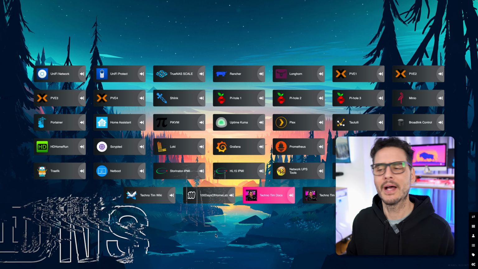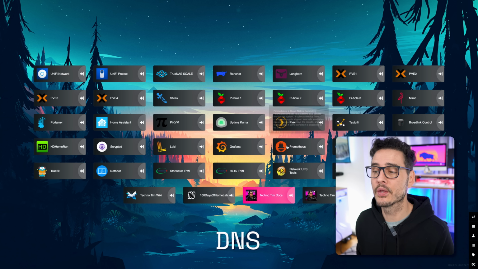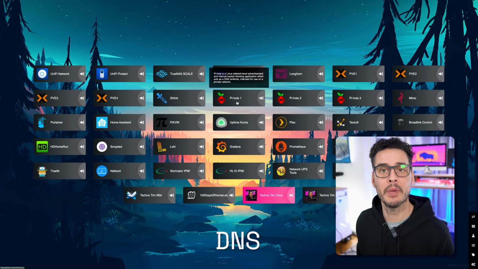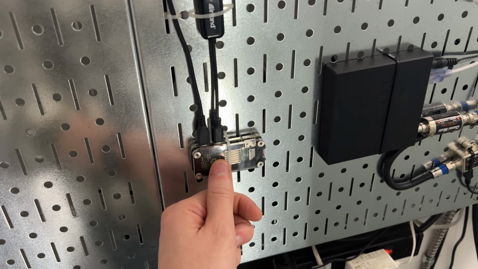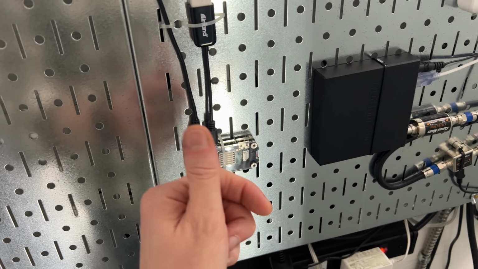So since we're talking about some core services on my network, another one is DNS, and I'm still using Pi-hole. Yes, I do have 3 instances of Pi-hole. So I have 2 instances of Pi-hole that are on virtual machines within those Intel NUCs. And then I have one more Pi-hole instance that's running on that Pi0 that you saw on the wall in my server room. The reason I do that is so that if my Intel NUCs are down, the Pi0 that's running Pi-hole on the wall will still be serving DNS for the rest of my network.